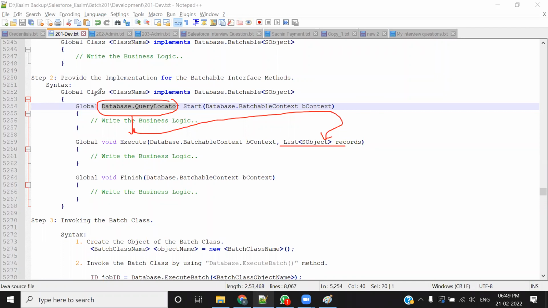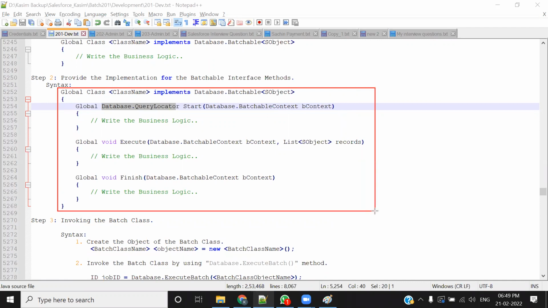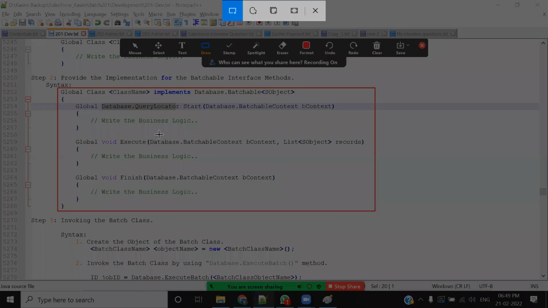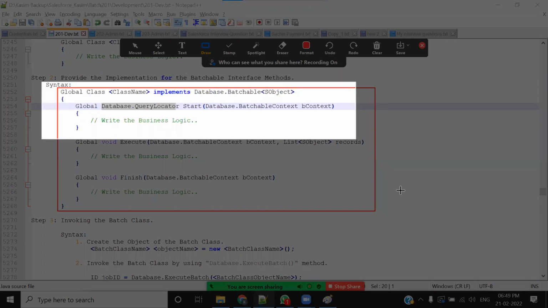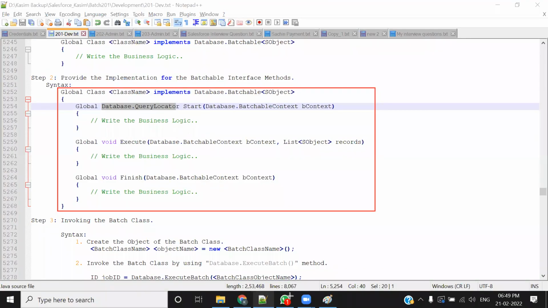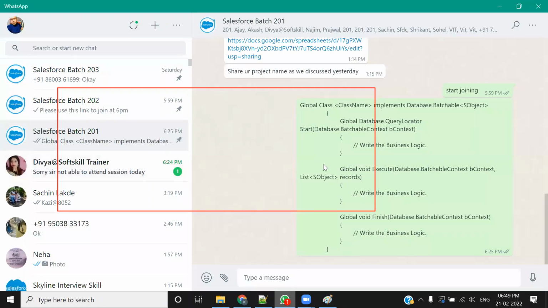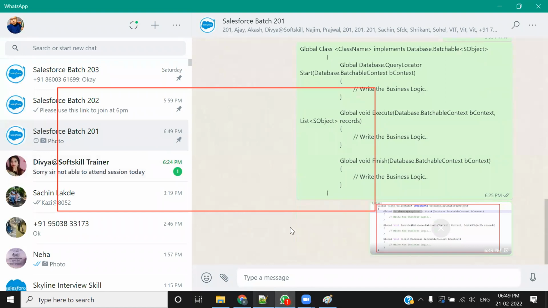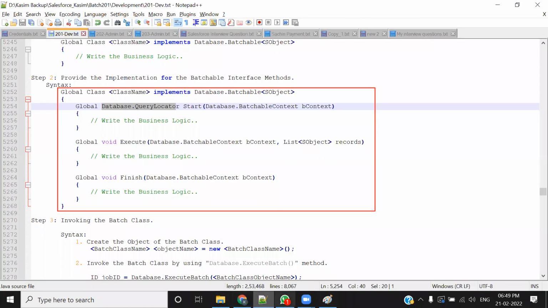ठीक है, तो ये जो पूरा फॉर्मेट है ना, इसको सबसे पहले तो आपको याद करना पड़ेगा। और आपको इंटरव्यू में यही लिखना पड़ता है। यहां से लेके यहां तक का, दिस इज मोस्ट इंपॉर्टेंट, ये आपका मशीन टेस्ट का हिस्सा है। दिस इज द सिंटैक्स ऑफ राइटिंग अ बैच क्लास। ठीक है, और एक क्वेश्चन आता है इसमें कि हाउ यू विल इन्वोक अ बैच क्लास, आप एक बैच क्लास को इन्वोक कैसे करोगे? तो यस ऑफ कोर्स वो भी करना है अपने को। तो चलो यहाँ तक हो गया, तो फिर मैं आगे बढ़ता हूँ।